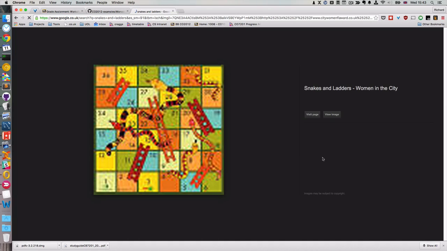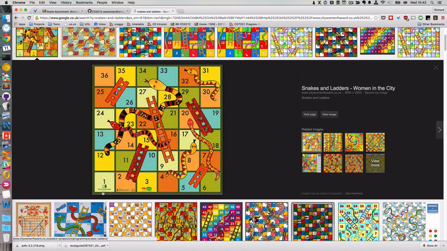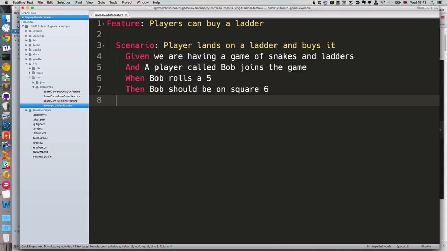Just snakes and ladders, that's the board I'm working with. So Bob will need to roll a 2, then he'll go up to 15, and then he can buy this ladder. Okay, so we're having a game of snakes and ladders. A player called Bob joins the game. Bob rolls a 2,